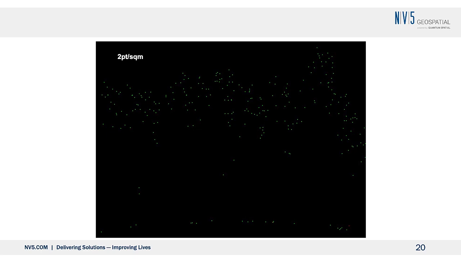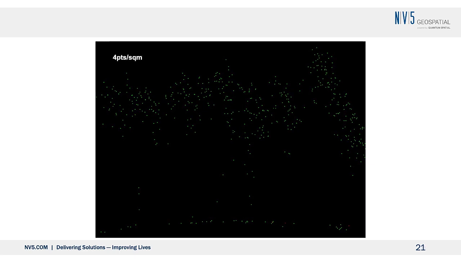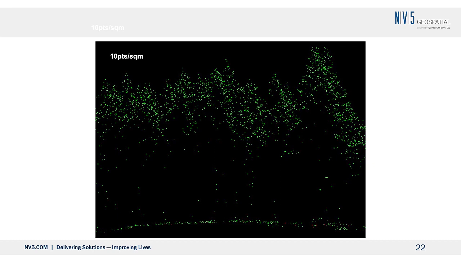This is 2 points per square meter. We can see sort of an amorphous canopy developing here, and we can see a couple of spots that get through to the ground. If we go up to 4 points, we can start to see a little bit better, but still not great definition of the trees, with a few more points hitting the ground. If we go up to 10 points, we can now start to see individual tree canopy peaks, right? And we can start to see more penetration to the ground. We can start to see some noise that hits the ground that might relate to dead woody material